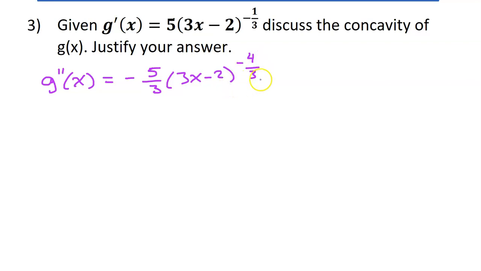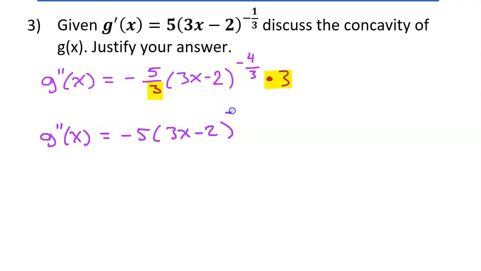And don't forget the chain rule, so we need to multiply by the derivative of the inside. So that's going to be times 3. Notice that these 3's will cancel each other out. So we end up with g double prime is equal to negative 5 times (3x minus 2) to the negative